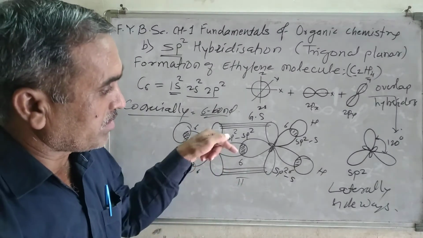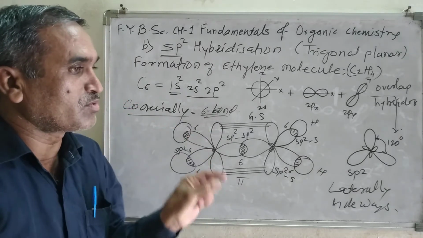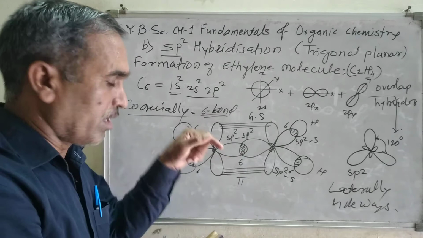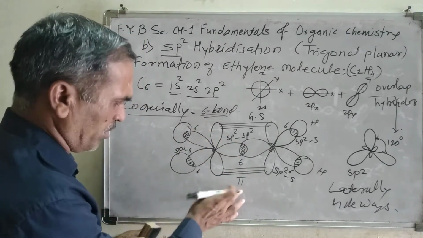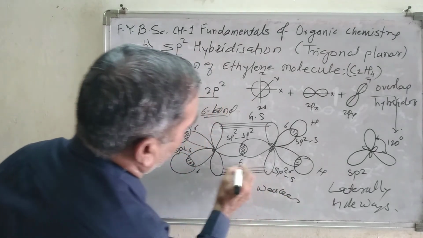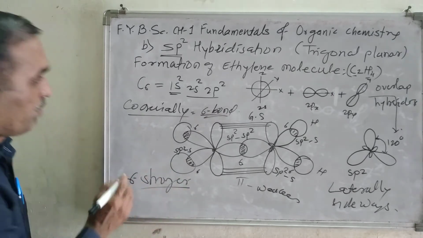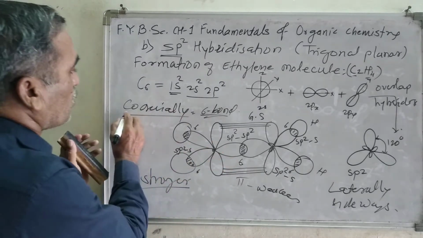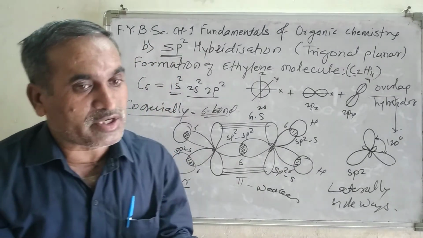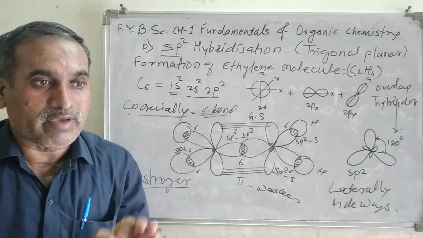And as we know, there is a sidewise overlapping, so less energy is concentrated between the two nuclei of the atoms, and therefore pi bonds are weaker. The pi bond becomes weaker, and sigma bonds are stronger. Why? Because sigma bonds are formed coaxially, meaning the maximum amount of energy is concentrated between the two nuclei,